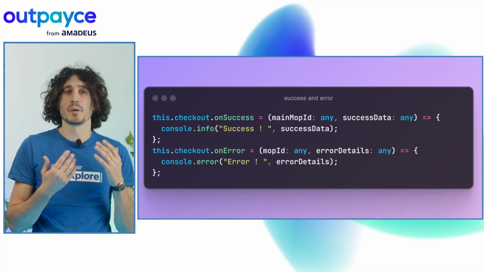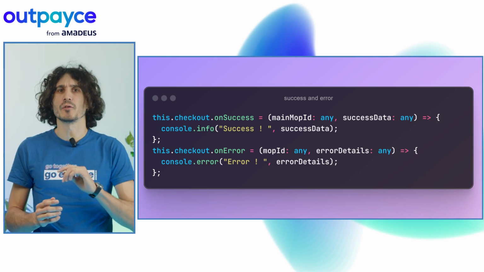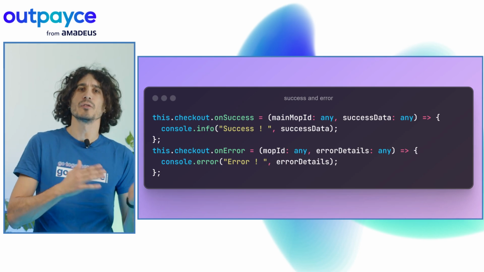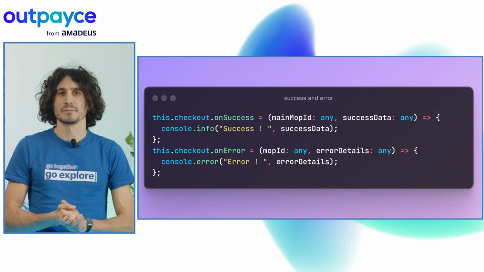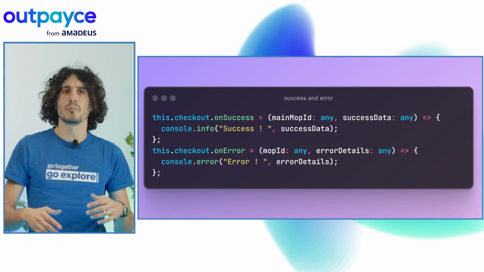To track the progress of the payments and handle the outcome, don't forget to bind the onSuccess and onError callbacks. This way, you will receive feedback on whether the payment was successful or if there were any issues. When a payment succeeds, the onSuccess callback will log the success details. If something goes wrong, the onError callback will provide the error information. After receiving a success message from the UI, don't forget to call your backend again. This step triggers a Checkout API call to confirm the payment status on our server and ensure everything is processed correctly. Now it's demo time.